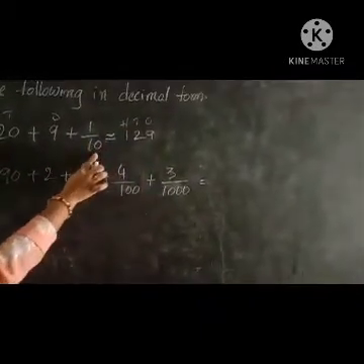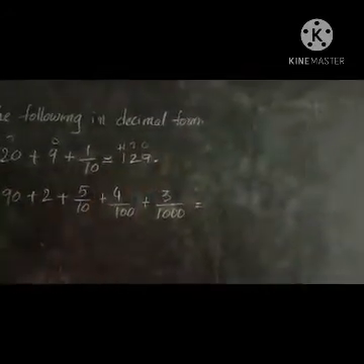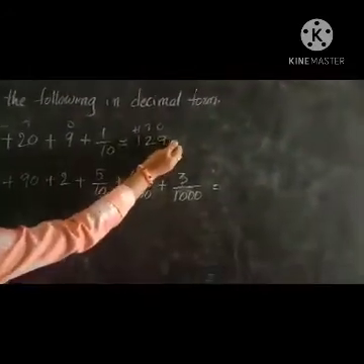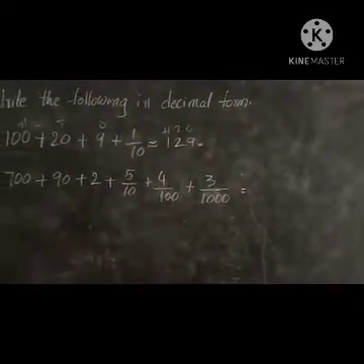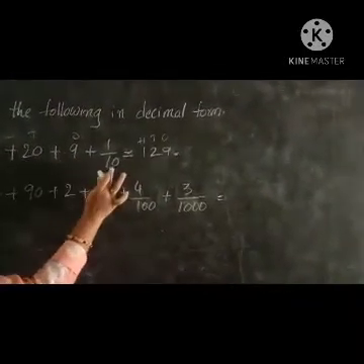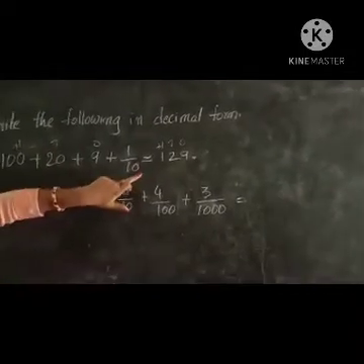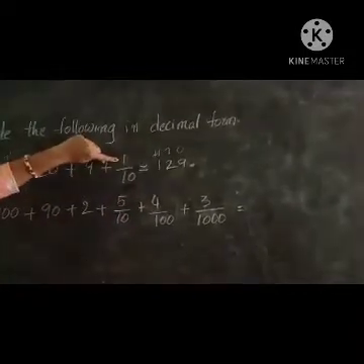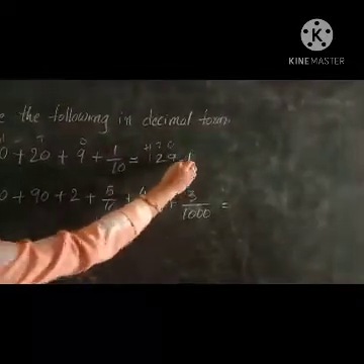Here what is this number? Decimal part number. Yes, here we have to keep the decimal point. After completing the normal numbers, we have to keep the decimal point, and now we have to start the decimal part number. What is this number here? 1 by 10 is there. This is the tenths place. That's why here 10 is there. But what is the numerator number here? Here 1 is the numerator number. Just write here 1.